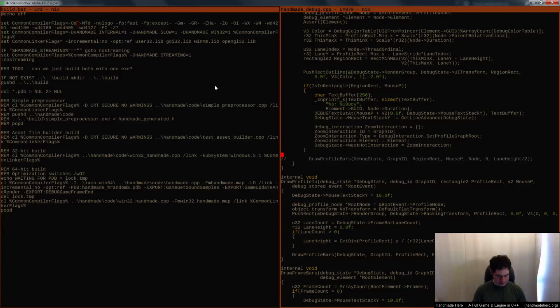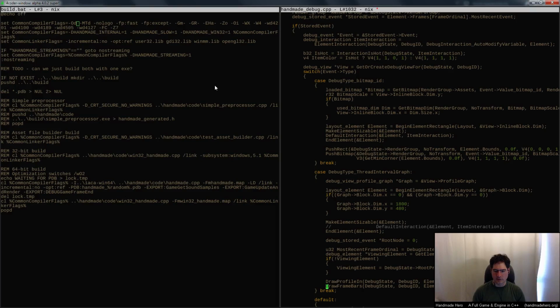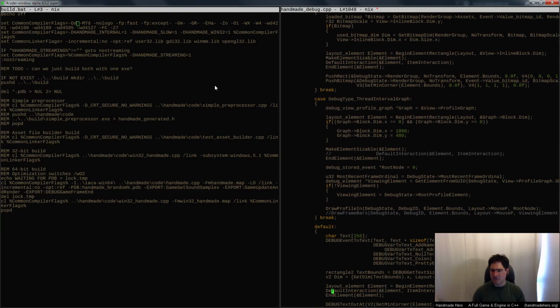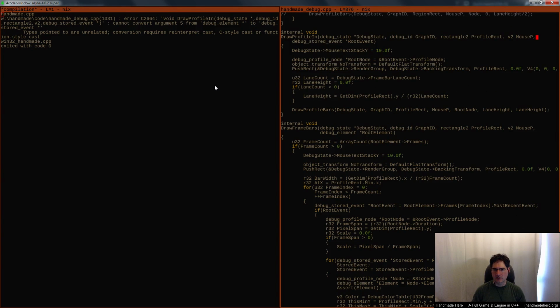Let's also make sure that we can still draw our old style, draw frame bars. I want to be able to draw profile in, and draw profile in will also take viewing element. And then I will go back to draw profile in and say that that takes, well, I'm not actually sure what that will do. That will take